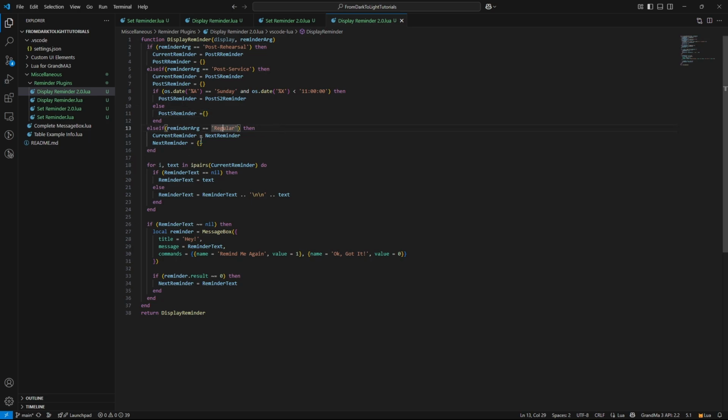And then, because these are in tables, we have to now put them in a form that they can be rendered as a string. So we're going to look through all of the indices in the current table, and if reminder text is nil, we set it equal to that text of the current table index, and if it's not nil, then we concatenate it. I like to use 2 new lines in between, and then we will display the reminder,